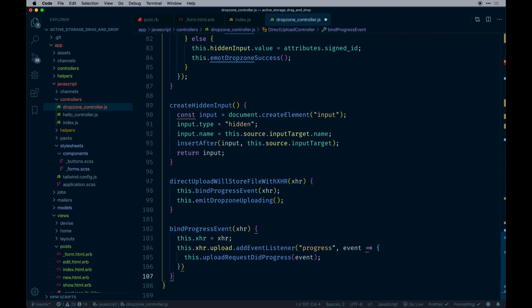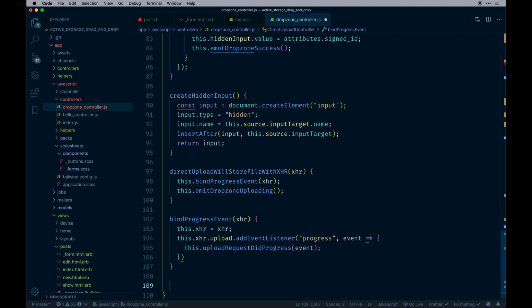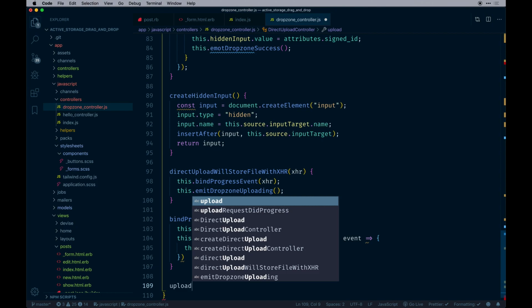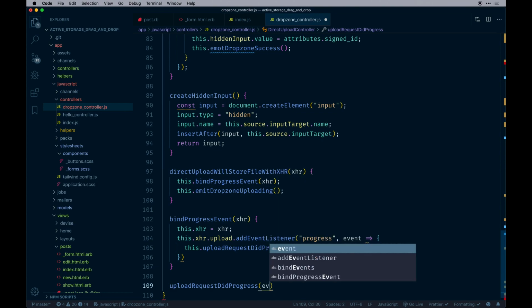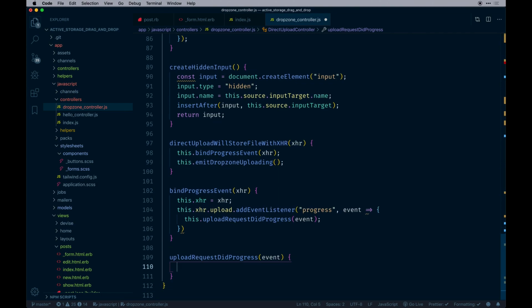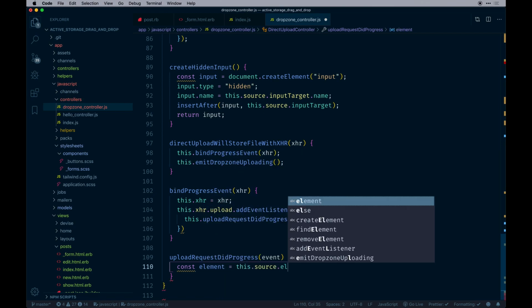And then we're calling that again. So uploadRequestDidProgress event. So all these things are sharing stuff, so I know it's probably confusing. This.source.element